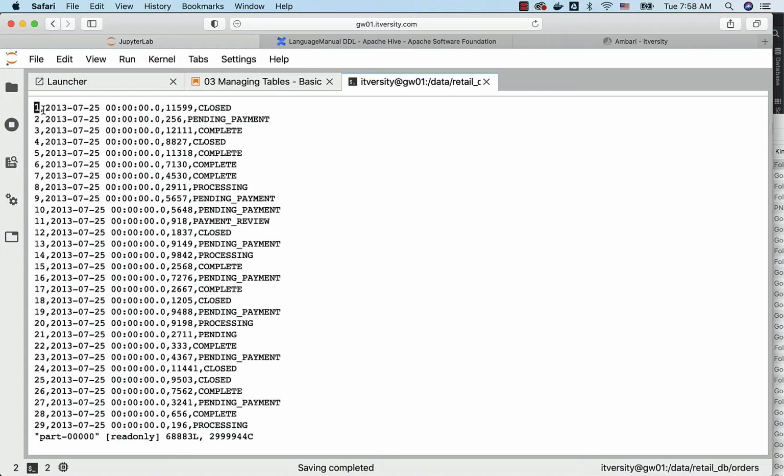So in this case, we have 4 fields. The first field is of type integer and the name is order ID. Let's assume that there is a document which is provided to you and has those details. The second field is order date, and the data type can be string or date in this case. Customer ID is again integer, and then order status, which is of type string. Once we go through the technical spec and understand the column names and data types, we can use that information and start creating the create table command so that we can create the table for our landing zone Spark Metastore tables.